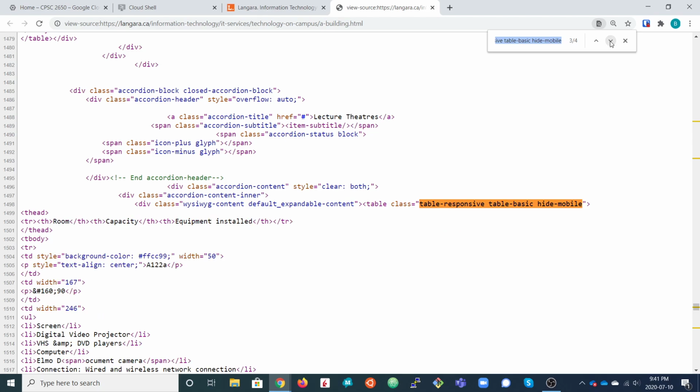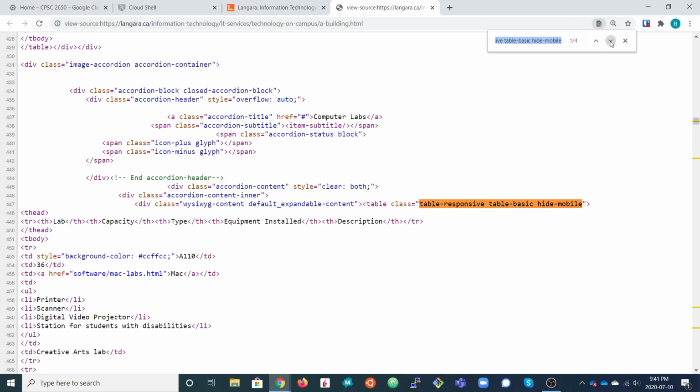So there's the second occurrence, third occurrence, fourth occurrence, and back to the first occurrence for that string. So I don't know how many tables there are in total in this page, but I know that these 4 tables with this class attribute contain the list of rooms in each category.